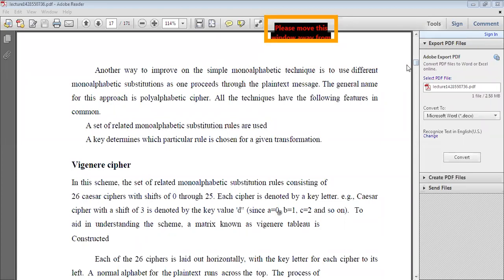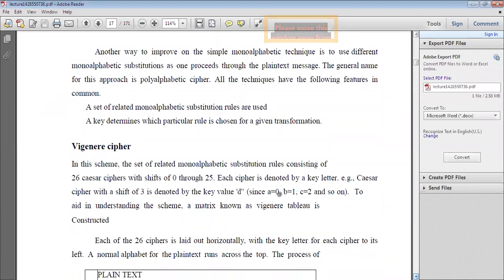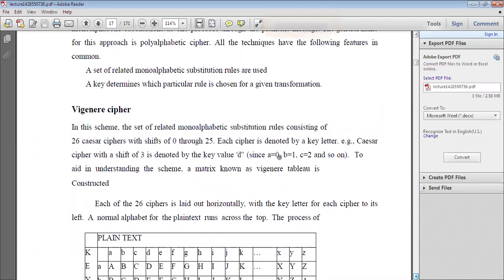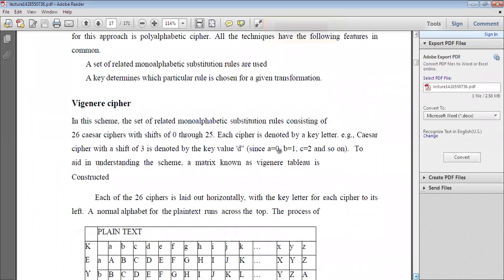Now in today's class we will discuss the polyalphabetic substitution technique, that is the Vigenere cipher. In the Vigenere cipher technique, first we have the alphabets, 0 to 25, that means 26 letters we have to use.